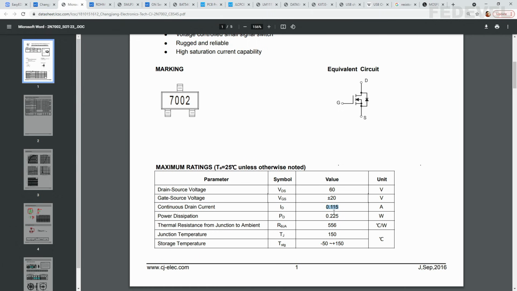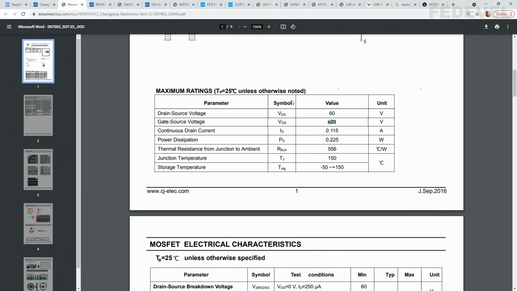In this case, it is 0.115 amps, so 115 milliamps. It is enough for our application. The maximum voltage between D and S is 60 volts. We have like 7.5 volt, that's okay. Maximum gate source voltage is plus minus 20 volts, that's the voltage you can put on the gate.